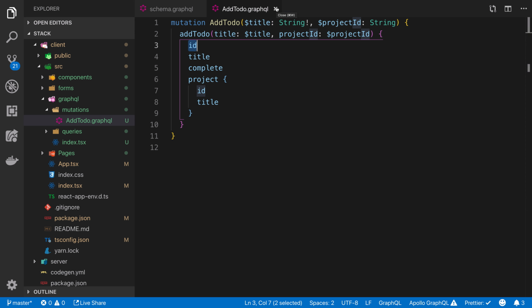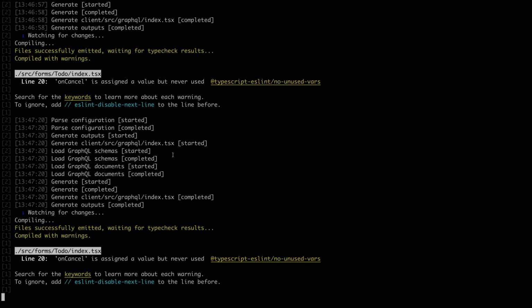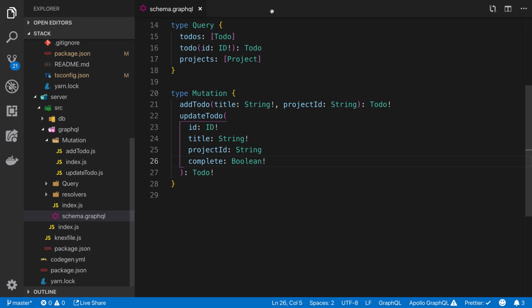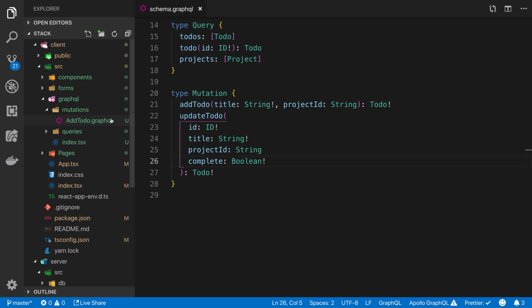So I've added the to do mutation. I don't need to do anything there because it gets auto generated. Yeah, and there's the only warnings about that on cancel. That's not doing anything, so that's good. So when I go back to my page,